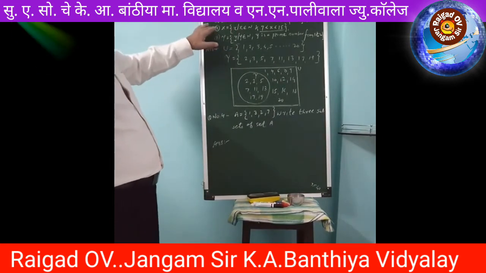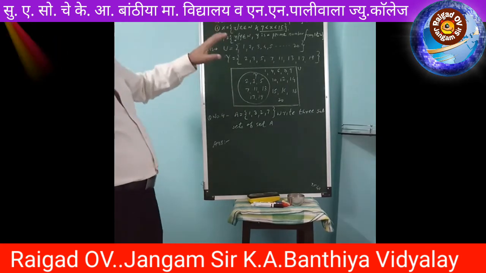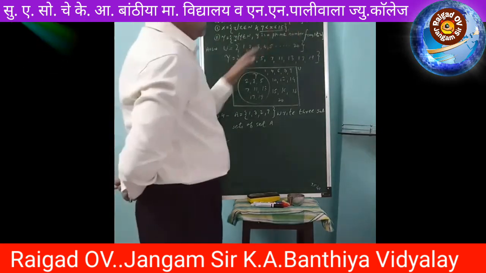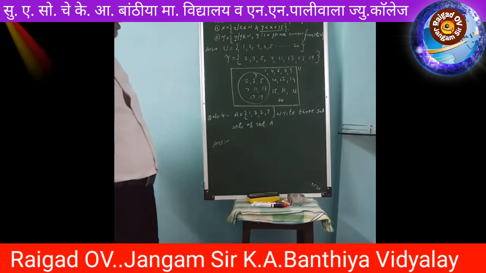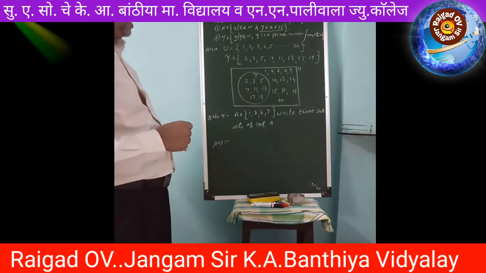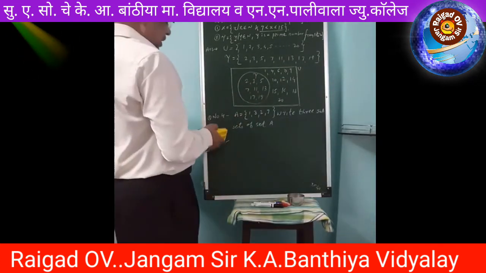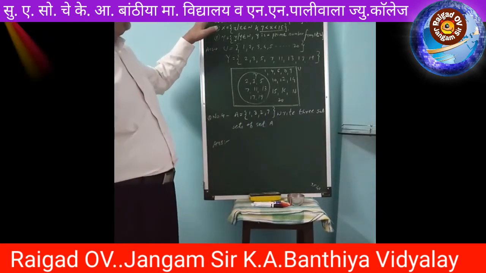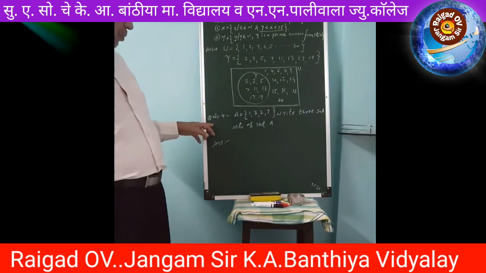You have been given sets X and Y and set U, and you write both sets X and Y with the help of a Venn diagram. So you show it like this. This is the showing of set Y with the help of a Venn diagram. Now go to the next question. Question number 3 is the same as question number 2, so you solve it at home. Now go to question number 4.